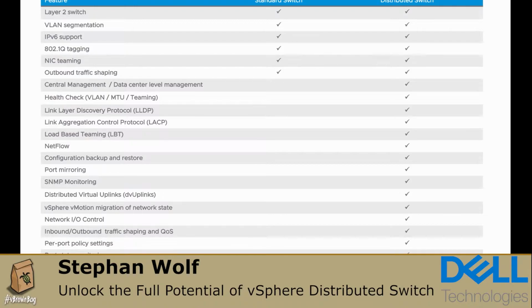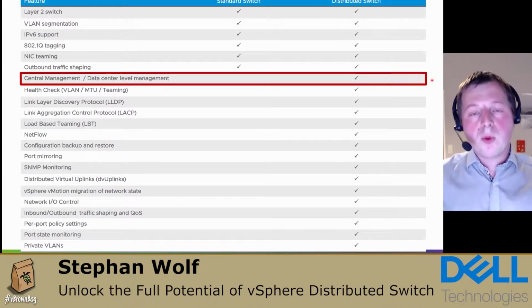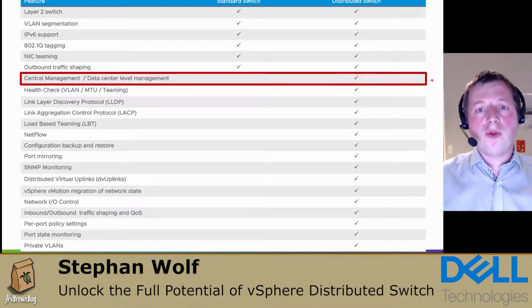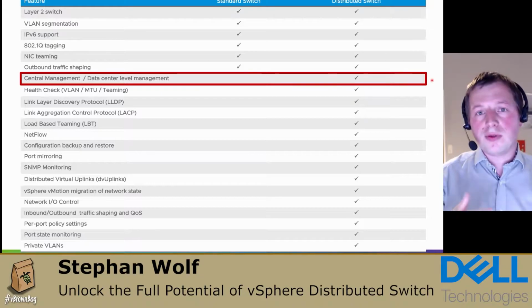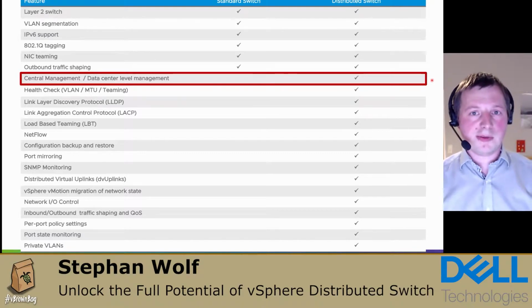To solve this problem, especially if you have to modify something and you don't want to do it 100 times, you can use the virtual distributed switch. You span one single switch over all these 100 hosts. Then if you configure something like a VLAN or other modifications, all the hosts will have this modification at